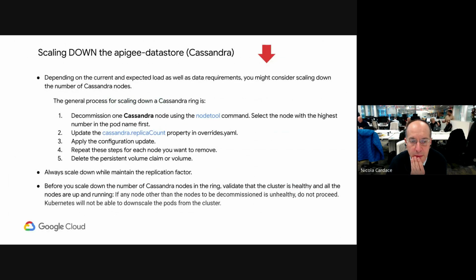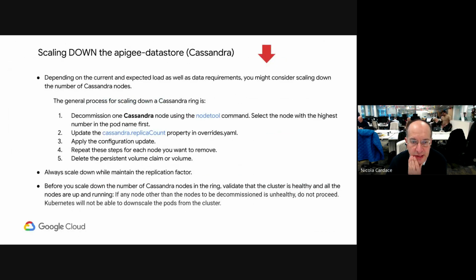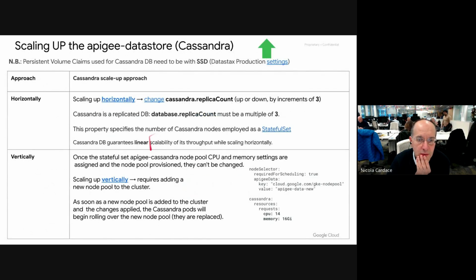So this is everything from our documentation. These are playbooks for letting you scale up and down. And you can decide as administrator what needs to be done automatically and what needs to be done manually. I don't need to do horizontal scalability for Cassandra every day, but maybe if your API program doubles after 6 months and you know that it's time to move from 3 to 6, then you can look at the playbook, or potentially for production, you can involve our support. They will point you to the right public playbook.